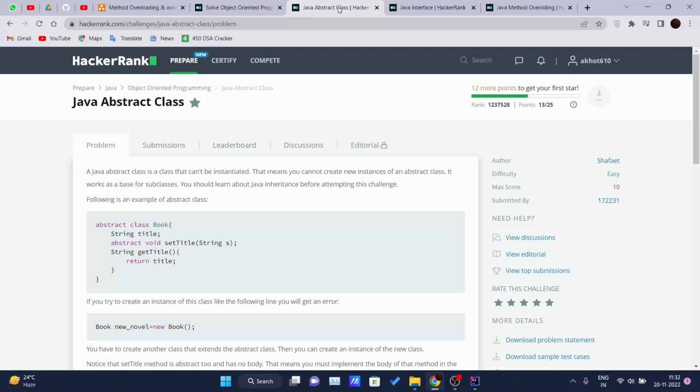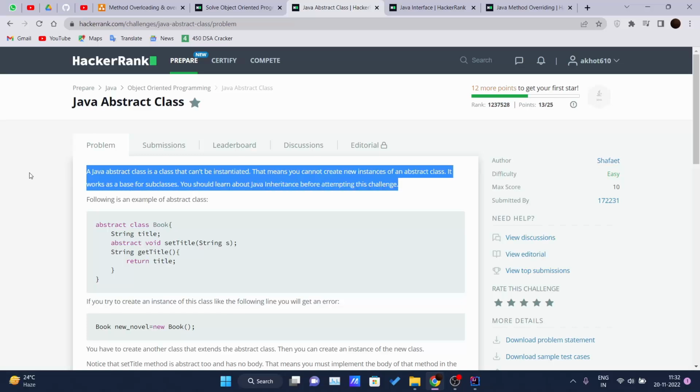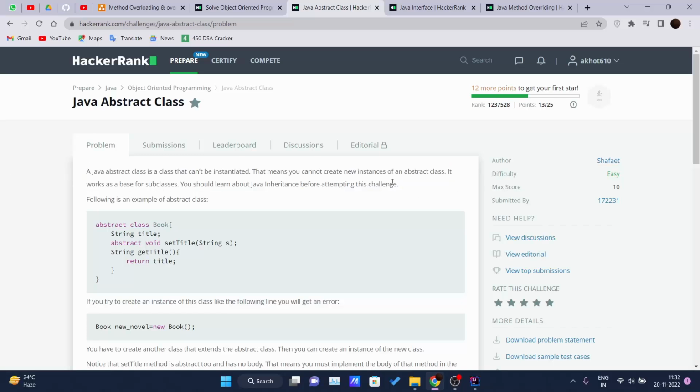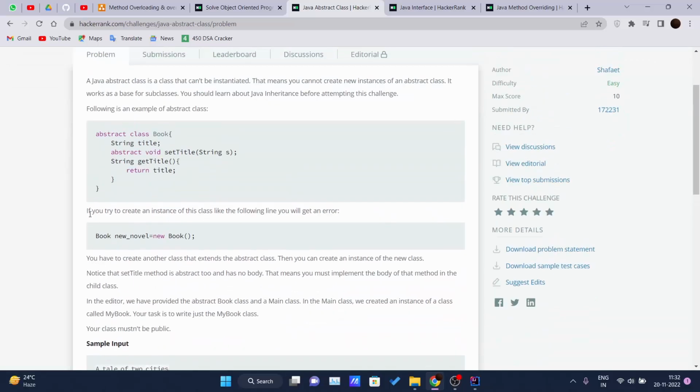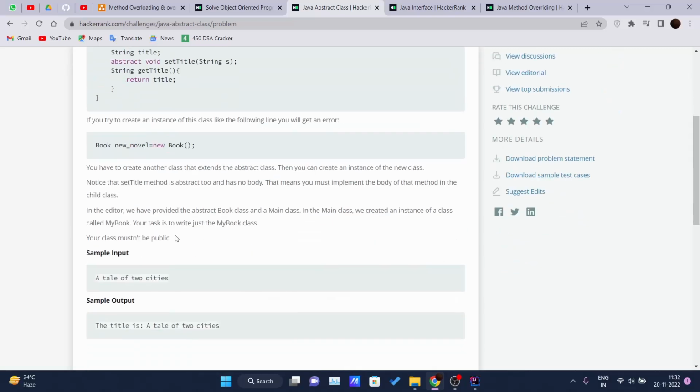For the first problem, Java abstract class. This is the formal definition of the abstract class. You read it. We have also done it in our previous video. The following is an example of the abstract class. They have given one example for the abstract class. If you try to create an instance of this class like the following, you will get an error. Now you have to create another class that extends the abstract class, then you can create the instance